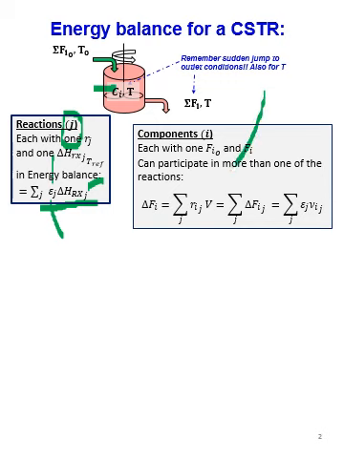For each of the components that flows into and out of my reactor, I can write a separate mole balance. So I will have a number of mole balances that matches the number of components. So the total change in a specific component I will be equal to the sum of its participation in the different reactions that take place in that reactor. So I again need to sum once over each of the reactions by considering how component I will be converted or formed in that reactor multiplied by the volume of my reactor. So this is just the mole balance over a CSTR.